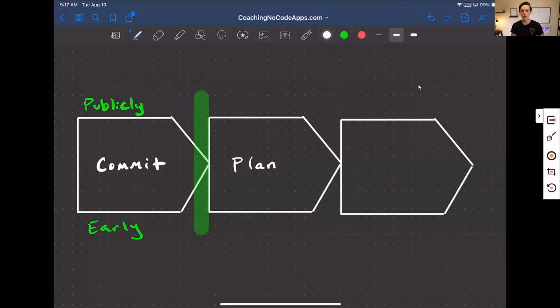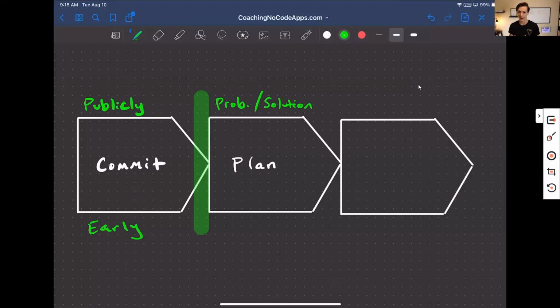And there are a couple different facets of this plan. Number one, you want to make sure it focuses on a problem and solution. So what I'm talking about here is a plan for building your app. So an actual development plan. What are you going to build? When are you going to build it? What order? How are you going to test it, right?